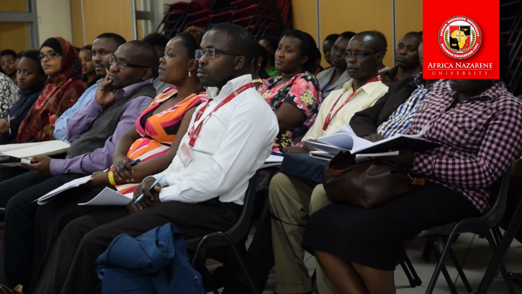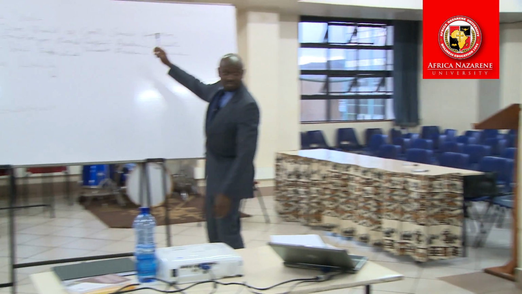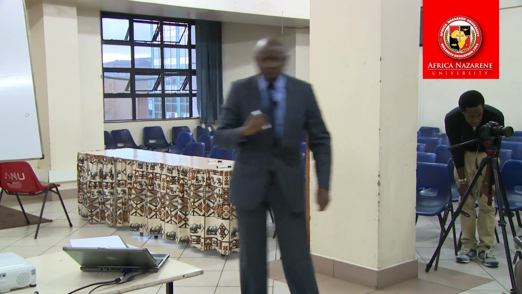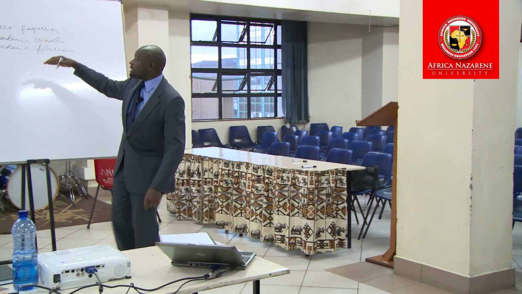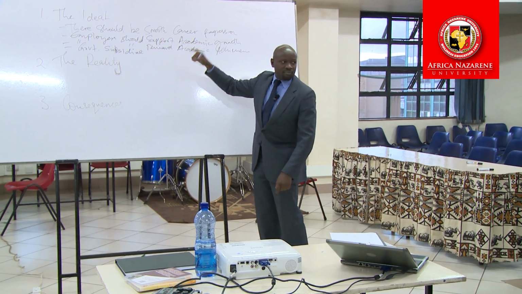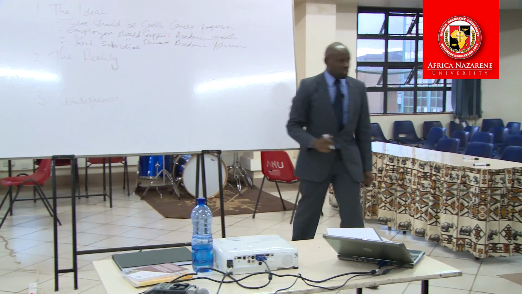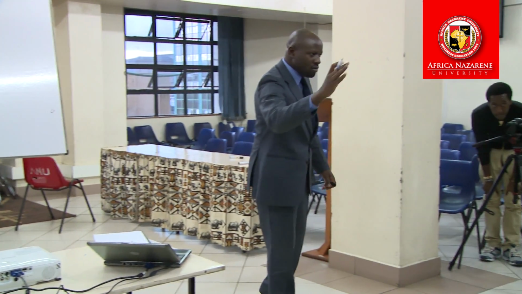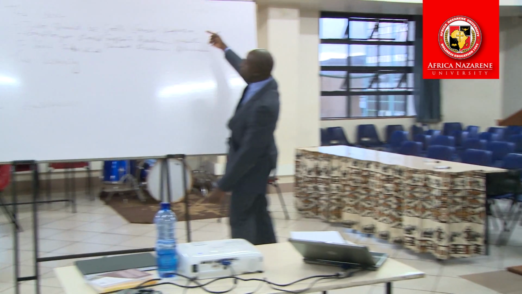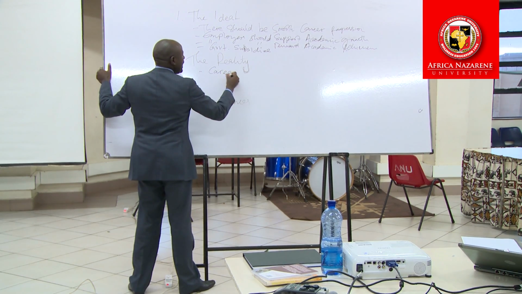Now, that is the ideal. What is the reality? Are these things happening? Give me aspects of the reality. One, what is happening? Think about aspects that we have already enumerated up here, and let's check against each one of them. Okay? For example, there should be smooth career progression. Is there a career progression that is smooth? Yes? For that first point, we will give it a reality that there exists what? Career stagnation.